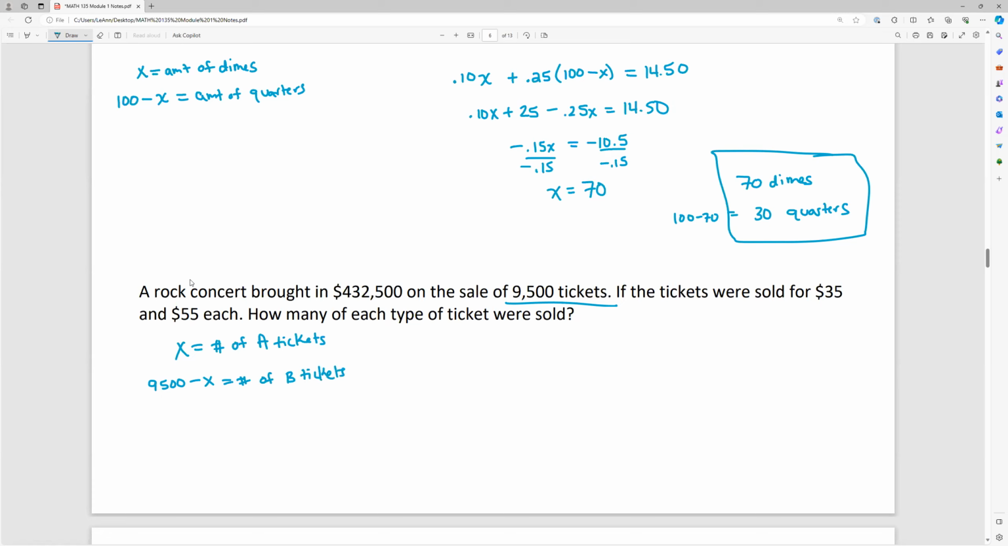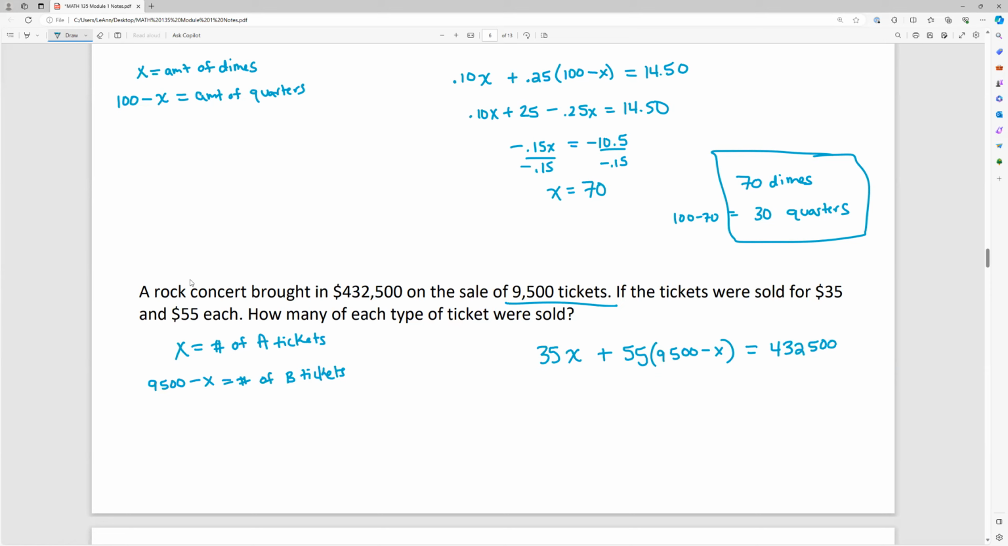And then we have our money amounts, right? We're just going to go in the order they gave it to us because that's how they usually set these up. So $35 for type A tickets, so that's 35x. Plus it's $55 for all the type B tickets, which is a combination expression right here. We're going to have to put that in there as parentheses, 9,500 minus X. That's what I call the leftovers. If this is 1,000, this is going to be 8,500, okay? And then we set that equal to the total amount of money that they made, which was